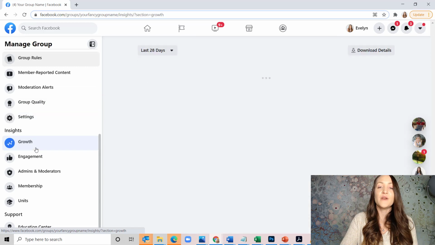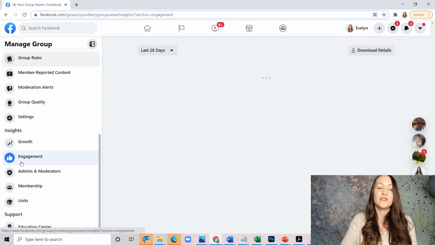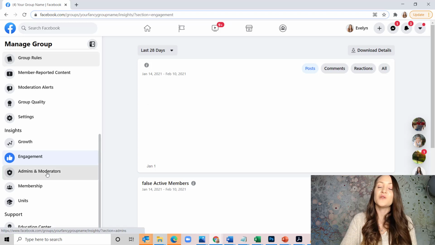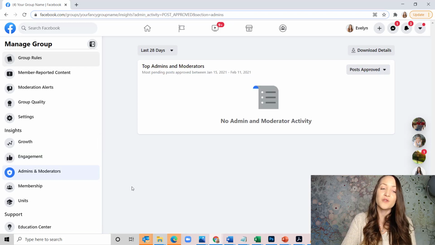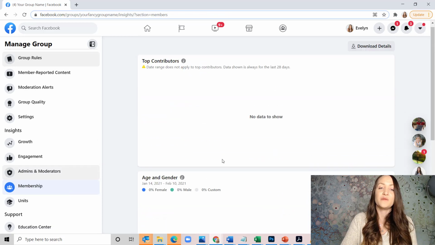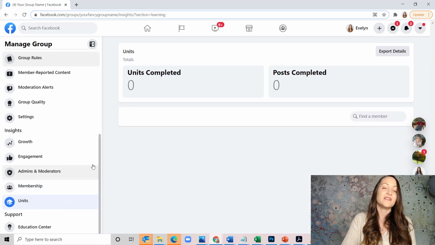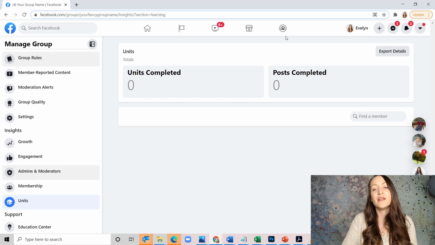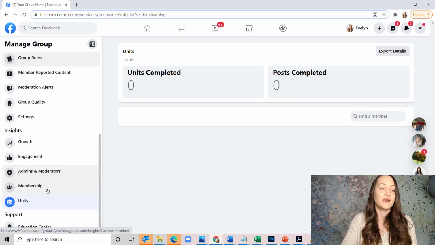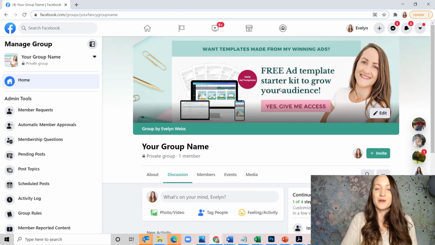Here are your group insights, so you could see how your group is growing over time. You could see your engagement. You could see who is admin or moderator of the group. And you could see about the membership, the top contributors, age and gender, countries, top cities. And here are units, and you can see how many units people complete and how many posts they completed. So this is all there is to setting up your group